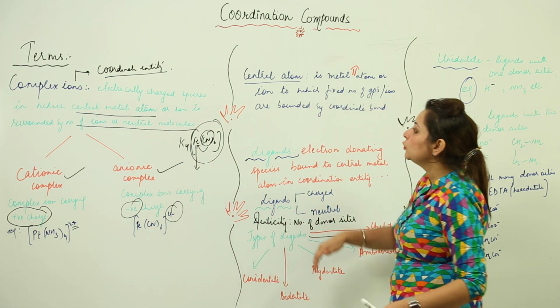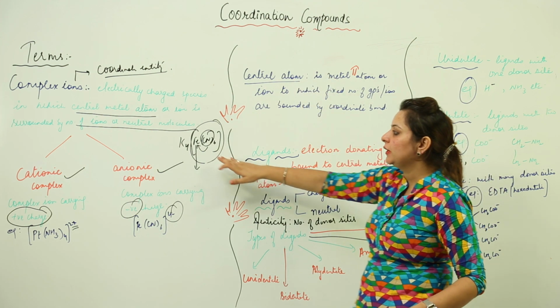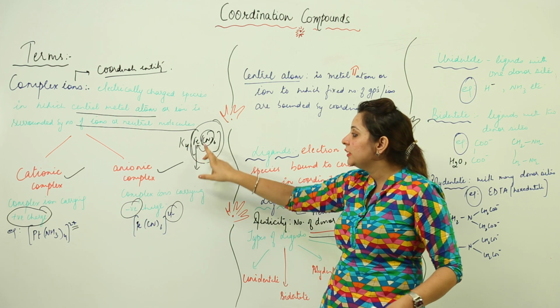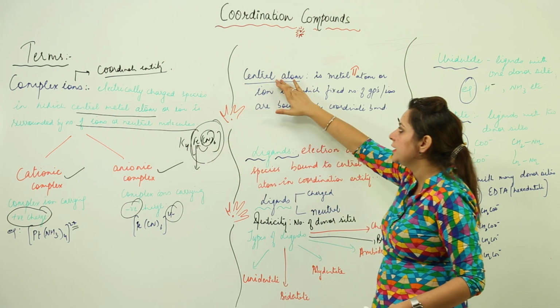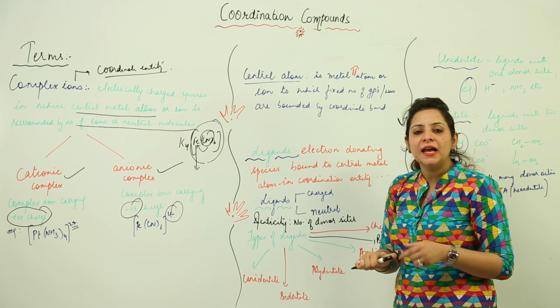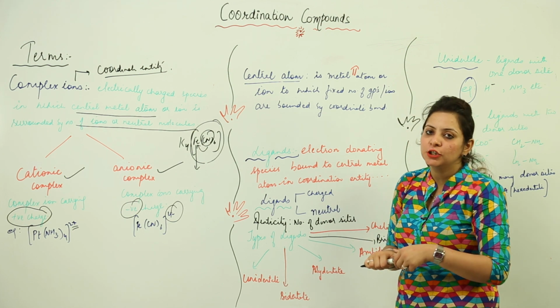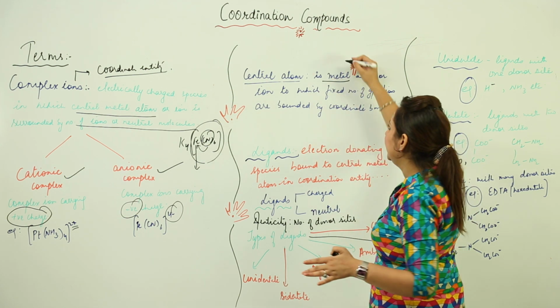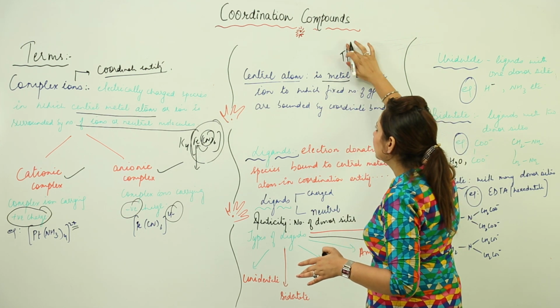Now moving on to the central atom. As I told you, the complex includes the central atom and the groups which are further joined. So this central one is called the central atom. Now the question is whether this central atom is going to be a metal, non-metal or metalloid. It is again a metal. And what kind of metal actually? It can be a transition metal,